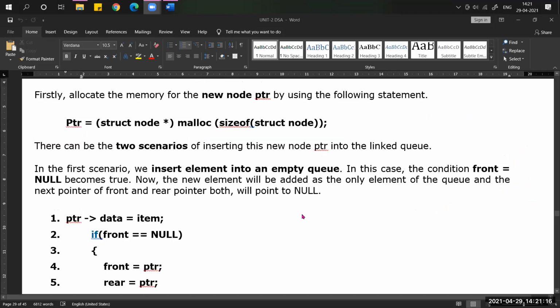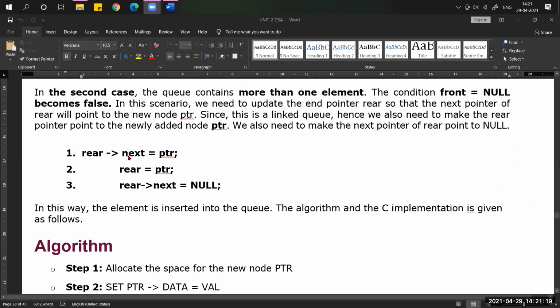Now look at the code. rear->next means we are accessing the last node's next field. What do we want to store? The new node address. Where will the new node address be present? In PTR. That's why I wrote this: rear->next should be equal to PTR. Now rear equal to PTR. After assigning the new address into this next field, our new node should be called with rear.